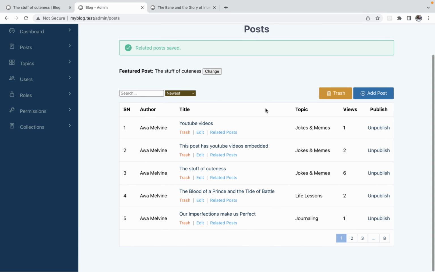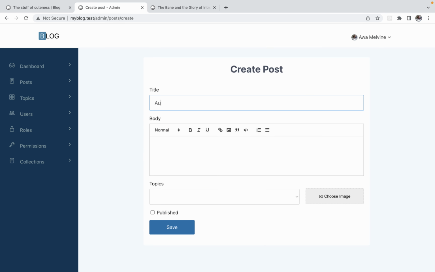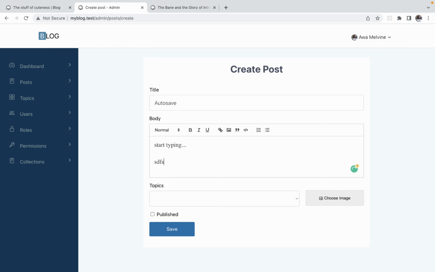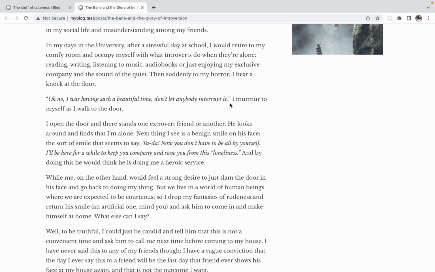Okay, I believe that's it. That's all I wanted to demo. There's another cool feature called Autosave. You start typing and for some reason you get interrupted, so you close the page and even confirm that you want to leave